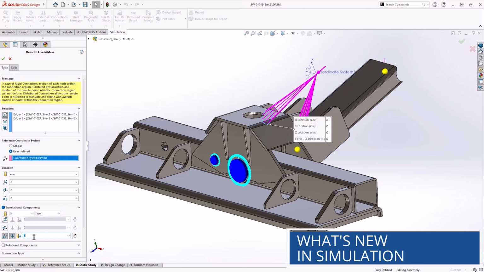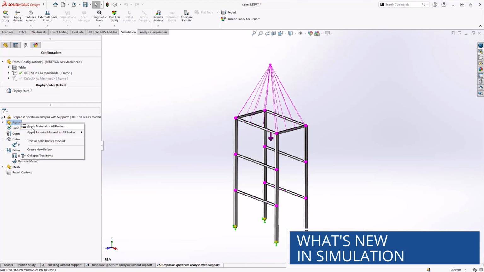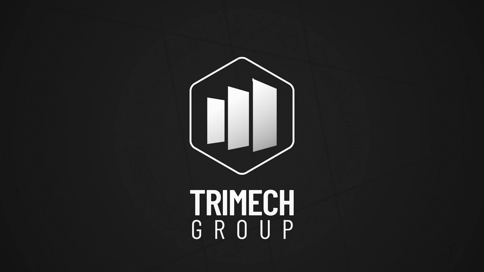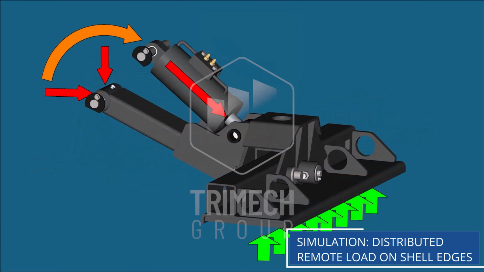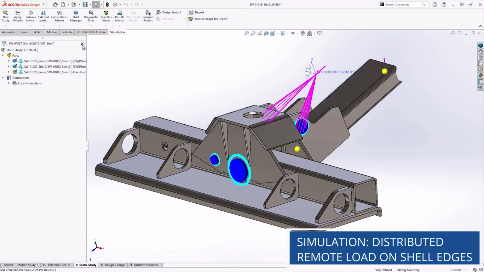SOLIDWORKS Design 2026 brings you enhancements across the portfolio. In this video, we'll focus on the new functionality coming to SOLIDWORKS for structural simulation. Whether you're working on a simple part or a complex assembly, integrating simulation into your workflow has never been easier